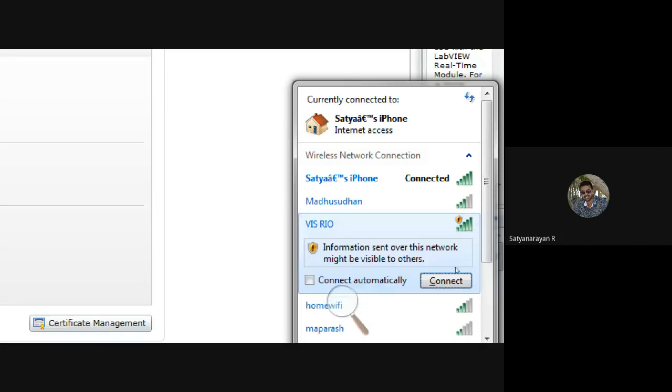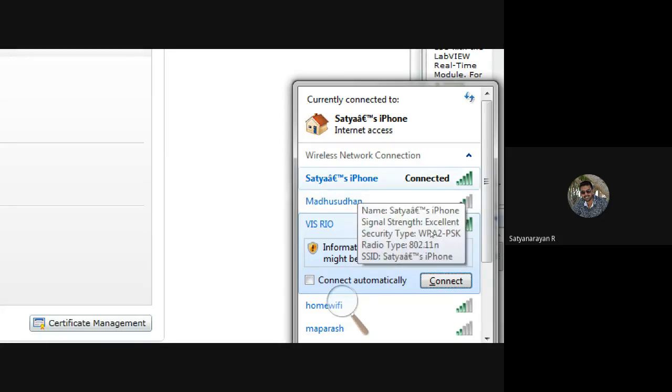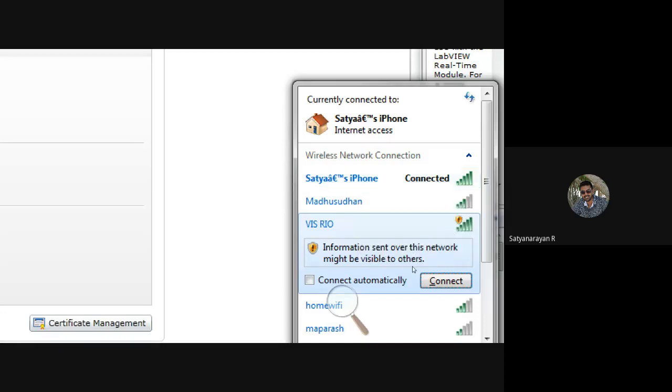I'll click on connect, but if I try to connect to this now, the problem is I cannot run the session further, because my net will be disconnected. I'm just showing you the option. This is how it can be connected. If I connect this now, my system will be connected to my myRIO and I'll be disconnected from the session. Actually speaking, that is not a good thing.